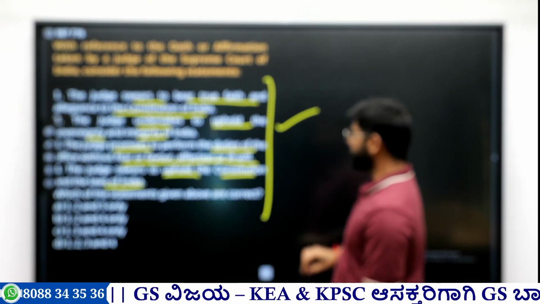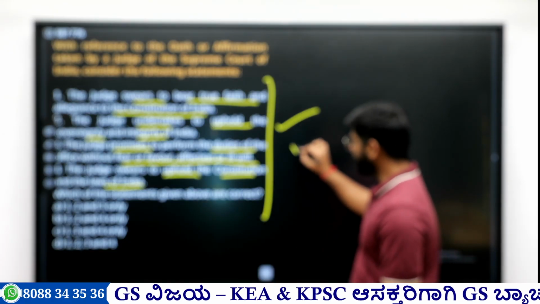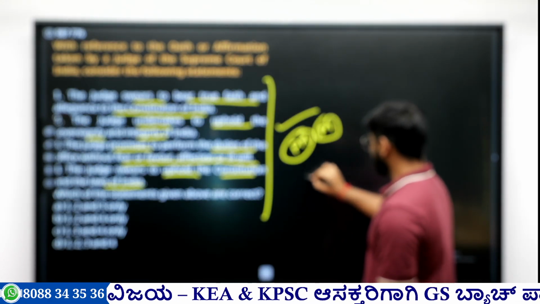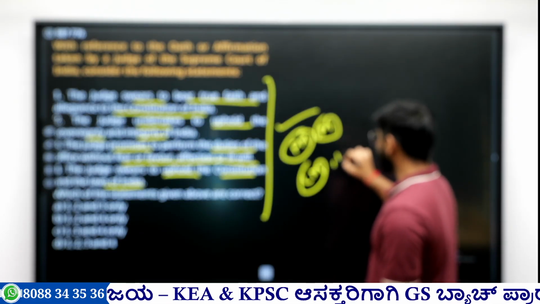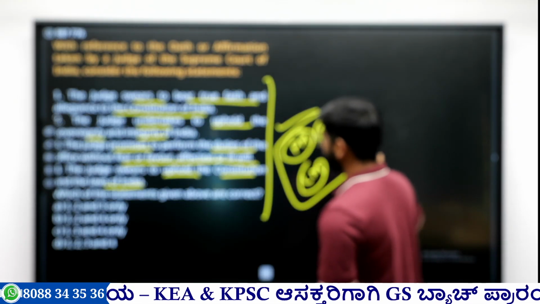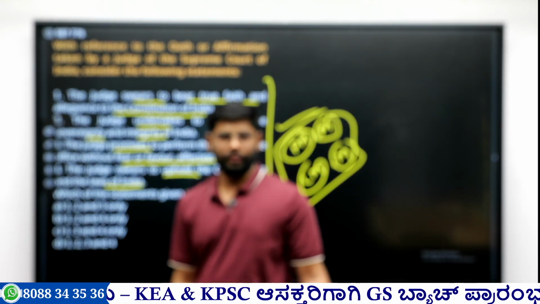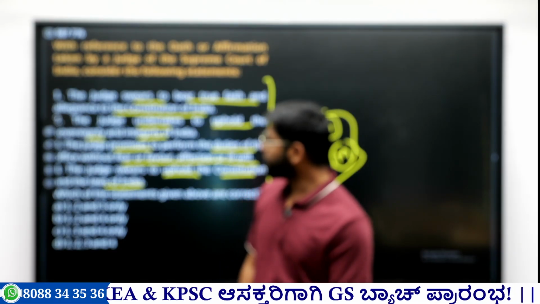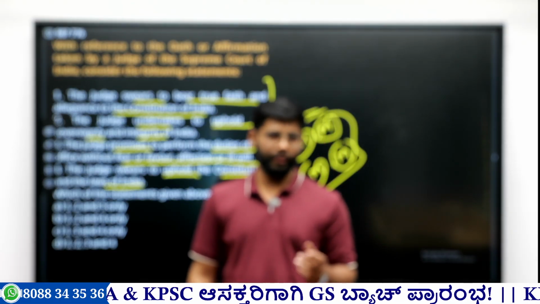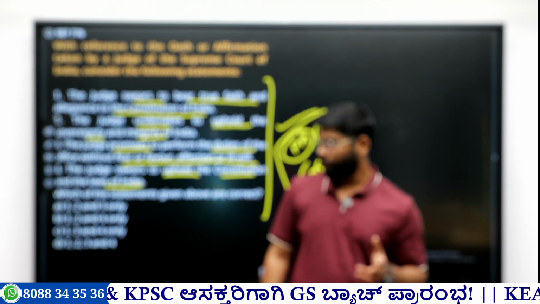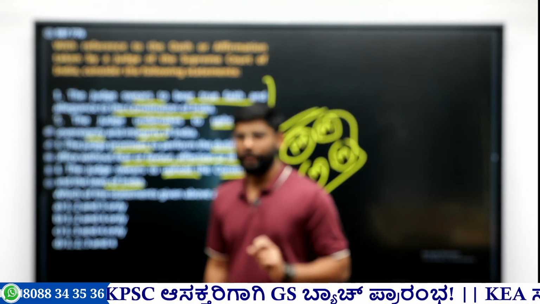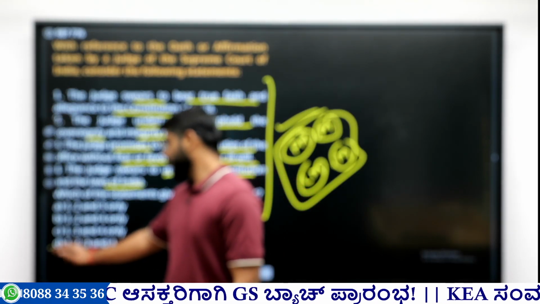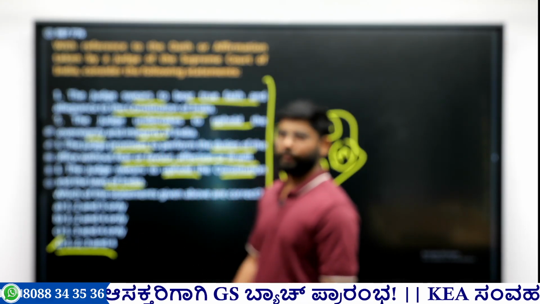So if you see, these same oaths will be taken by the Prime Minister, the ministers, the CMs at the state, the ministers at the state. So this same oath will be taken by the judges of the Supreme Court, and there is no separate oath for the Chief Justice of India. There is only one oath for the judges mentioned in the Constitution. Let me know in the comment section which schedule makes mention of the oath and affirmation. So the correct option is D. 1, 2, 3, 4 are correct here.